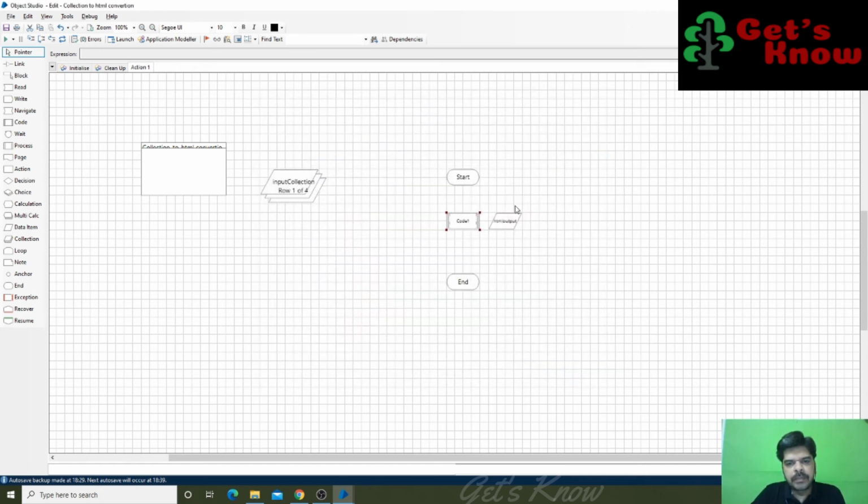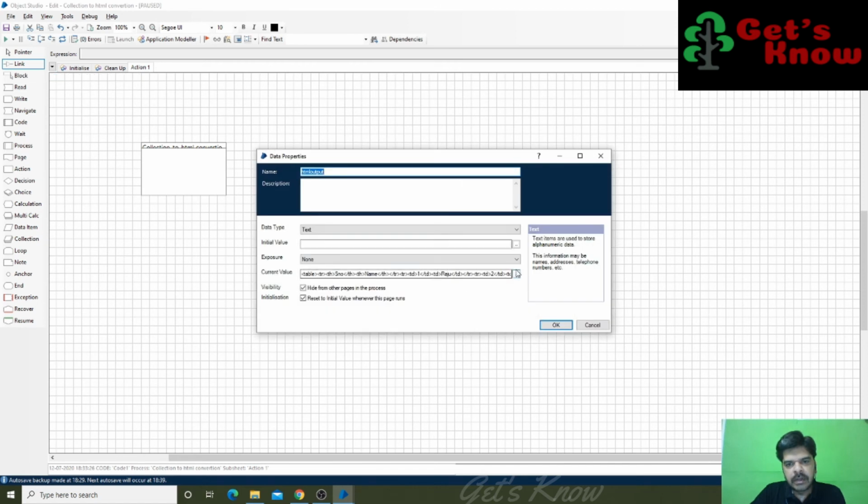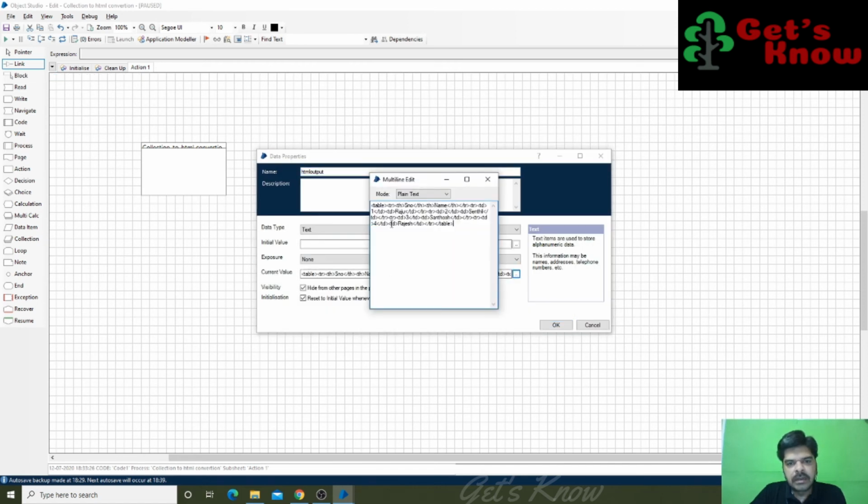Click OK. See, and run the process. So I'm doing it step by step, stage by stage I'm running. See this one, totally we are having 4 records. So here we got that text values in the table format.